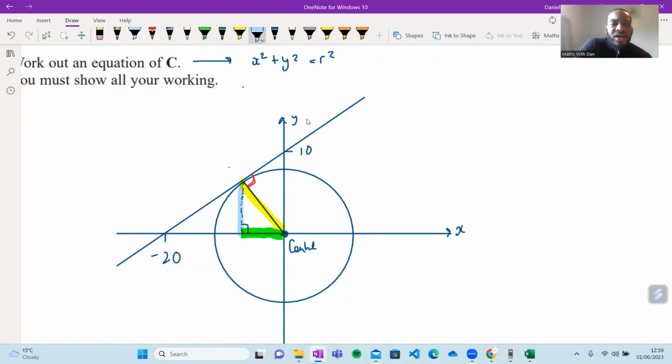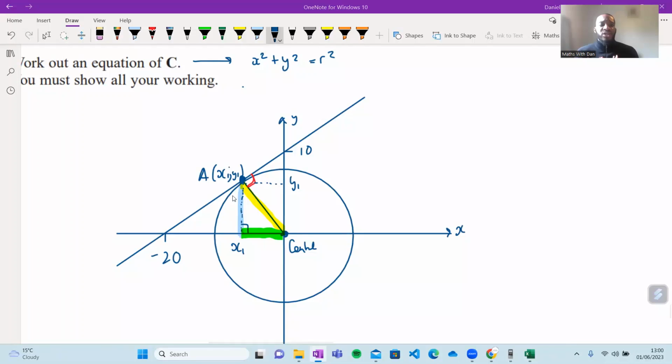Well, if we think about it, it's starting at the origin. So let's say I called this x1, and let's say I called this point y1 here, right? It's the coordinates of this point. I'll call it A. I need to somehow figure out what the coordinates of x1 and y1 are, the coordinates of A. If I can figure out what that pair of coordinates is, then I can just plug it into Pythagoras' theorem with the base and the height, and I'm done. Are we okay with that? Does that make sense? Yeah? Good, good. All right. Now, how do we find that though?